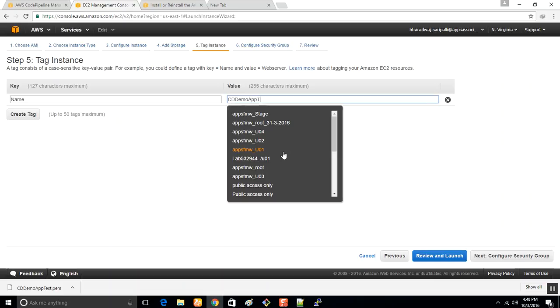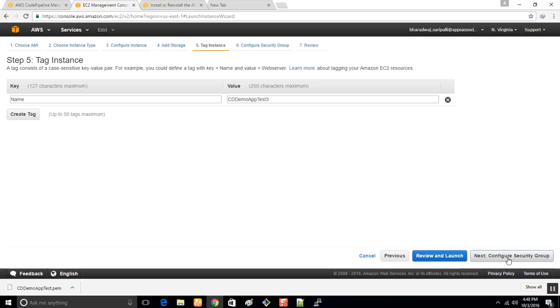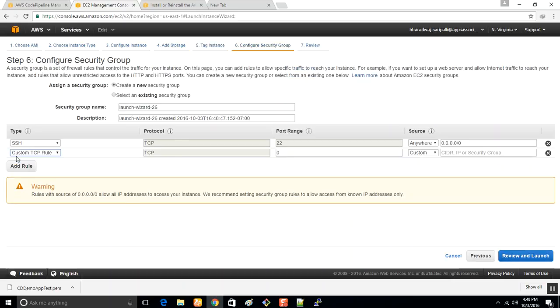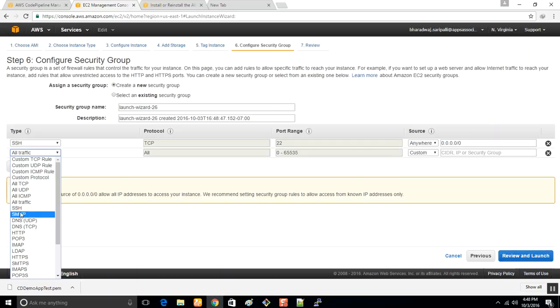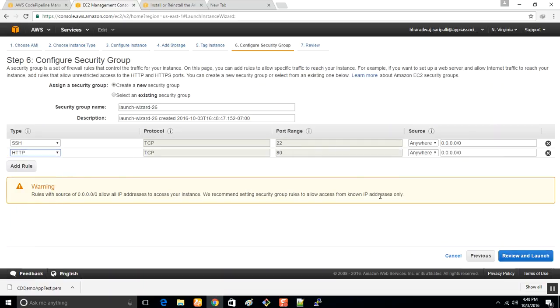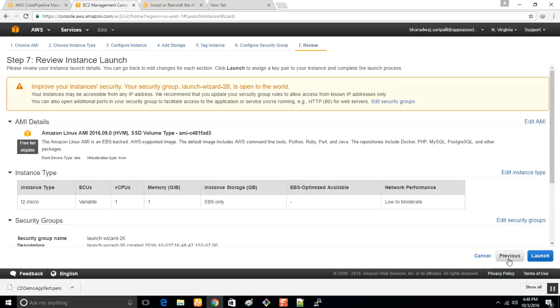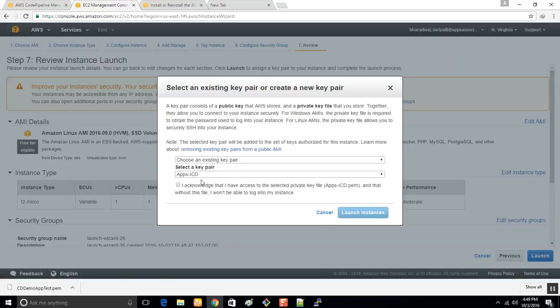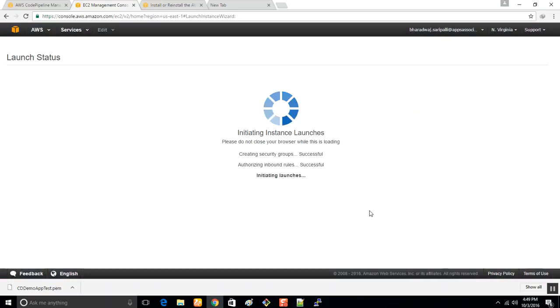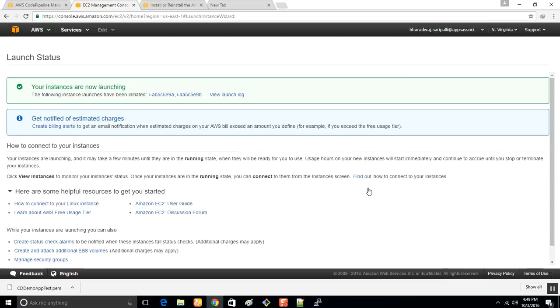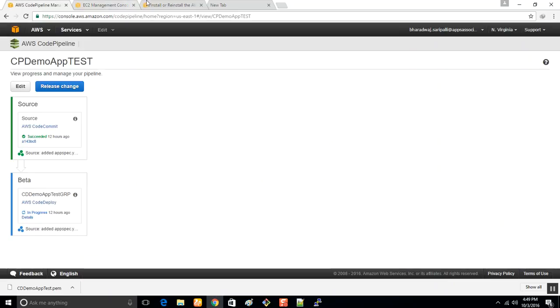tag cd demo app test 3. Configure, add a security rule to allow all traffic on port 80, sorry, allow http traffic on port 80. Review and launch. We can use the existing cd demo app launch instances, and the same way